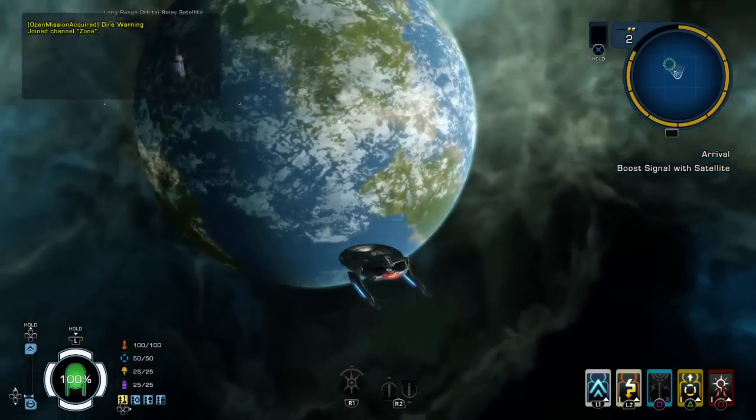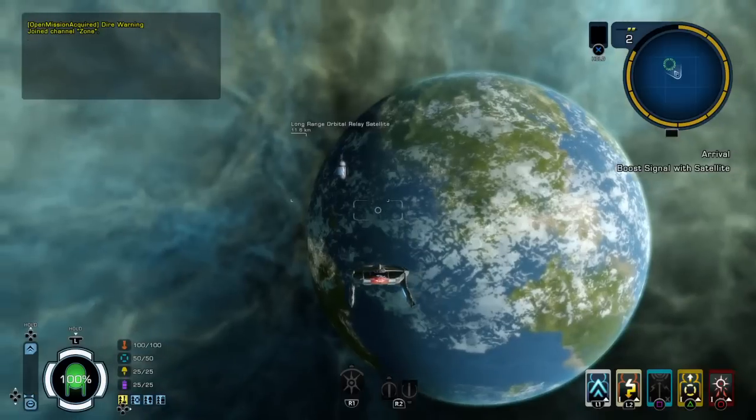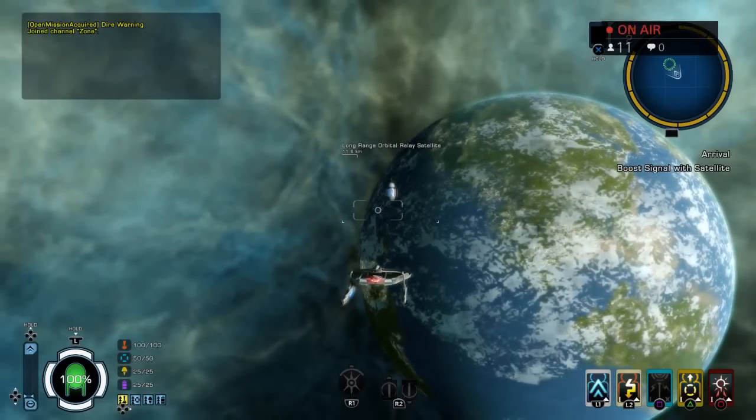I've got a limited crew, and I've had a bit of a run-in with the Borg. So I've come to this planet to warn them that the Borg are on their way, and, you know, they want to assimilate the hell out of them all. So